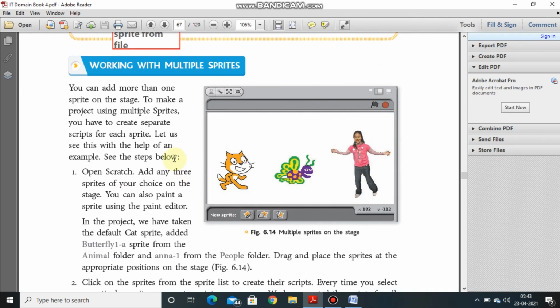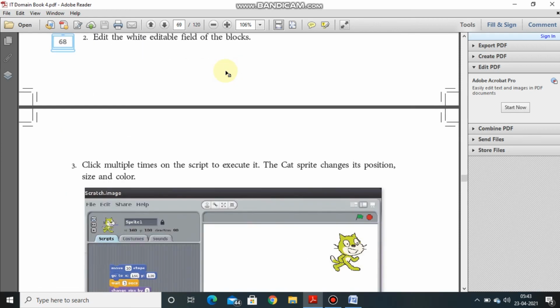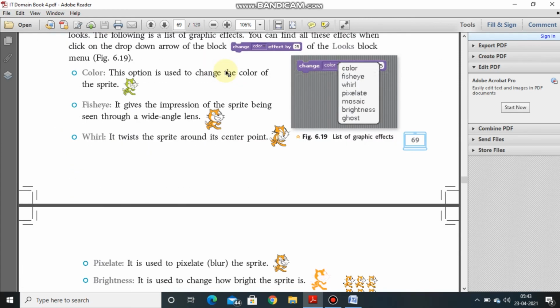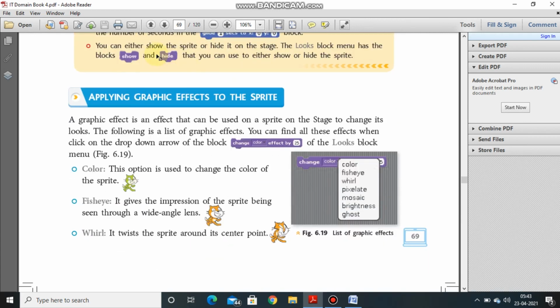So in this manner, what we had learned in this chapter is how we can work with multiple sprites, that is more than one sprite on the screen, on the stage. We had also learned to apply the graphical effects